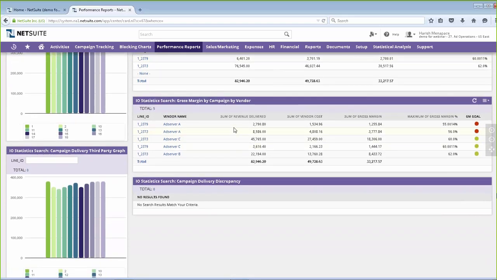It looks like I've also got some red lights, green lights going on to let me know that ad server A is actually performing too high, and my gross margin is actually lower on that client. And so I'm just flagging that I might want to look into one of my other ad servers and determine why they're not performing as well, to make sure I'm maximizing that gross margin on campaign performance.